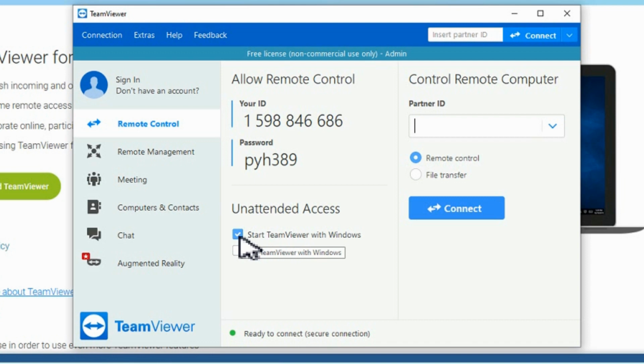So when you reboot the computer, it will automatically launch itself again and allow access here. So anybody that wants to try remoting into this computer remotely, don't bother, because it's all going to be reset and deactivated before this video is even posted. So we're going to take a snapshot or write down the information here, because we're going to be needing this ID and password to connect to from the remote computer.